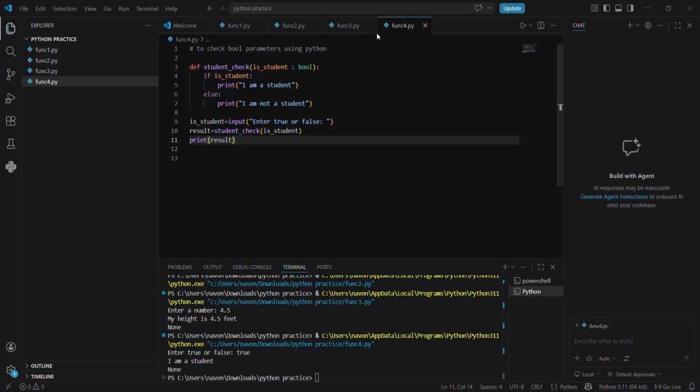There is no problem in this execution. We have taken a variable, is_student parameter, and we have then entered true or false. If we enter true, then it is showing I am a student. So it is running successfully. Okay, so now we come to the last program of today, that is we need